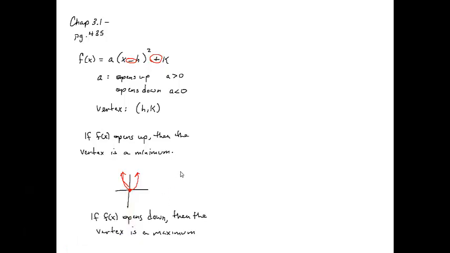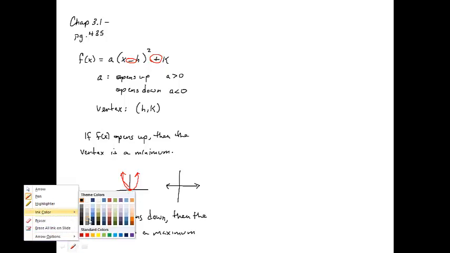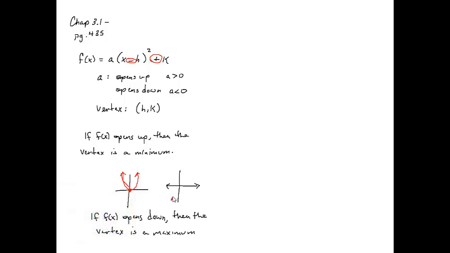So this time, let us do negative x squared. Negative x squared looks like this. It opens down, and here's my vertex, and it is the maximum point. Good, so now that we have some background using the standard form, let us